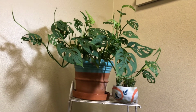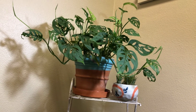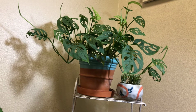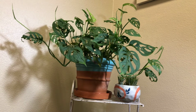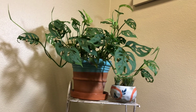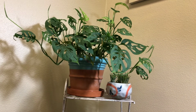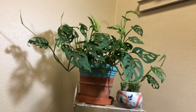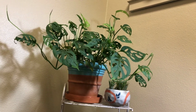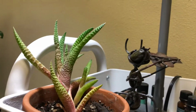I got a discount on it because they just got them in at the nursery I was at, and they had a couple of them that had aphids. I was scared because I don't like aphids, as every plant owner hates them, but I was like, well, if you give me a discount, I'll take it even if there might be a couple aphids. And I doctored him up before I put him with my other plants, and aphid free he is and looking gorgeous. Now my last plant of the day, next to my aunt playing a violin, as I'm a violinist, is